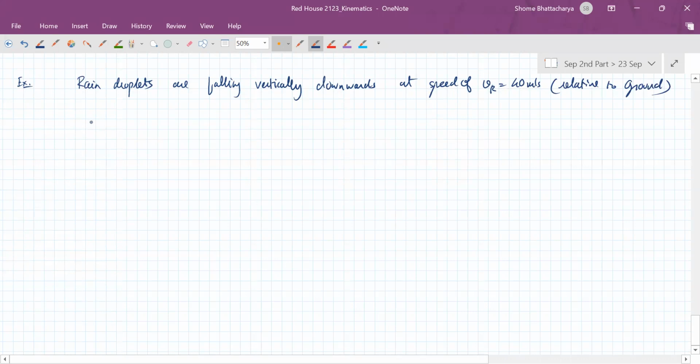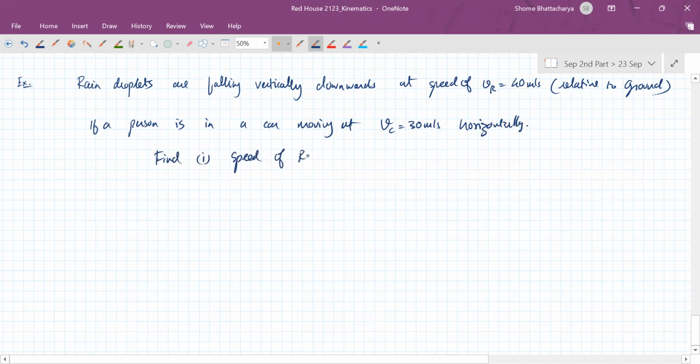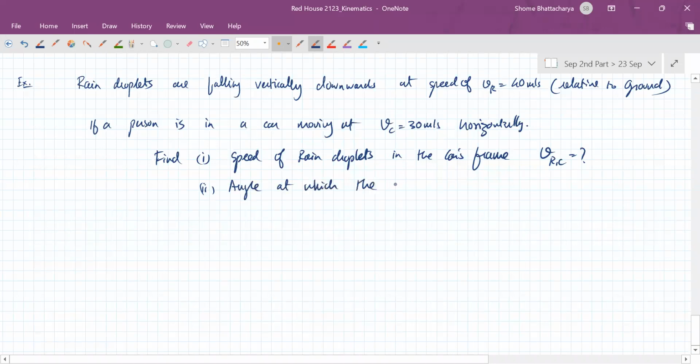So now, if a person is in a car moving at 30 meters per second horizontally, find the speed of the rain droplets in the car's frame, and the angle at which the relative velocity is slanted with respect to